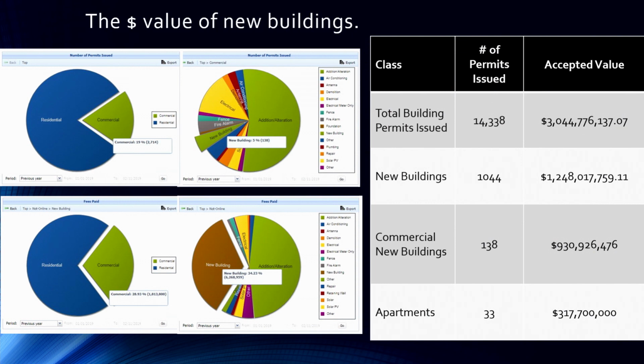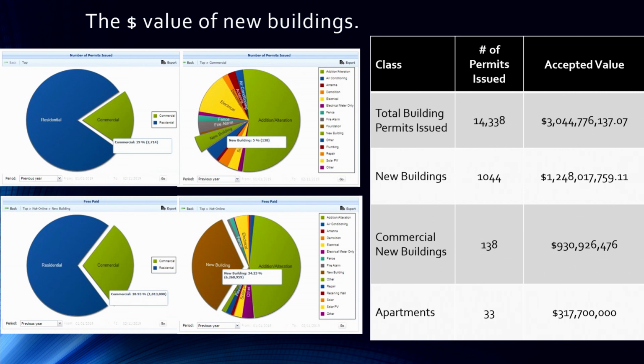Now, I want to emphasize why buildings are important, and why it is important that we track, manage, and maintain this new building data. The economic value and impact of these projects are significant in the impact that they can have on a community. These charts are from our permitting system dashboard and illustrate that a small portion of building permits can account for a substantial amount of the construction industry economy.